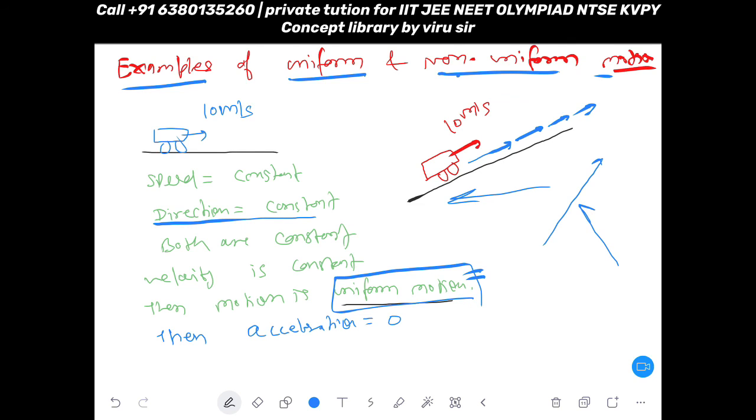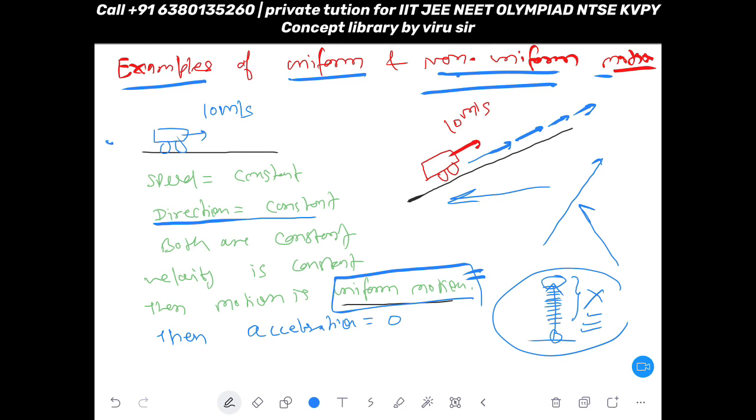But you know, when you are throwing a ball exactly up, the direction is constant because the ball is going up, but one thing is not constant. What is that? Speed is constantly decreasing and becomes 0 at the top. So that's why this is not uniform motion, it is non-uniform motion, right? Okay, anyway, this is an example of the second category, but first you copy these two examples. Done. Okay, so now I will change the page.